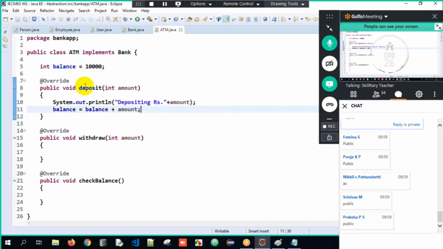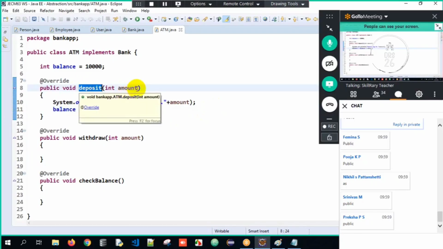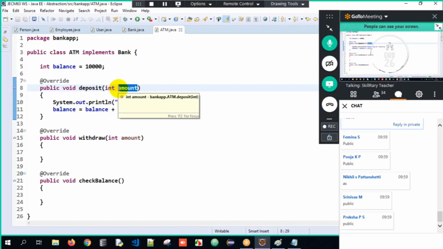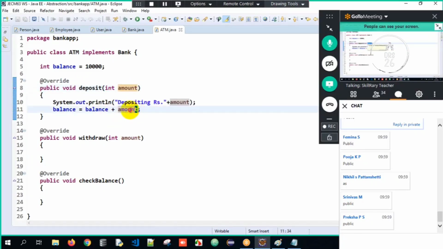Got it. So what is happening? See, deposit. I want to deposit 5,000. Okay, what is the amount to be deposited? 5,000. Amount is 5,000. 5,000 plus 10,000 is 15,000. That 15,000 is getting updated to balance. Your current account balance is 10,000 and your amount to be deposited is 5,000. So 10,000 plus 5,000 is 15,000.